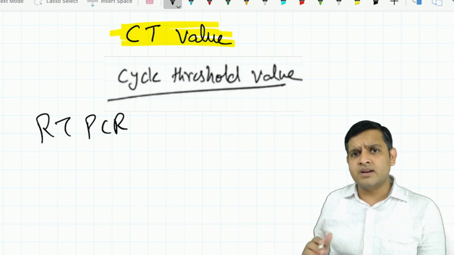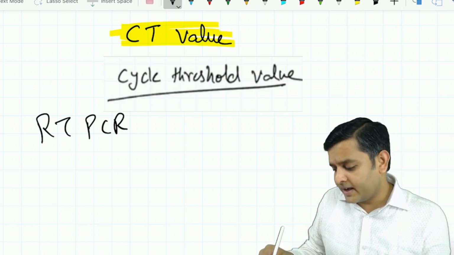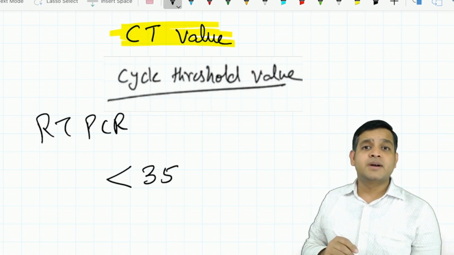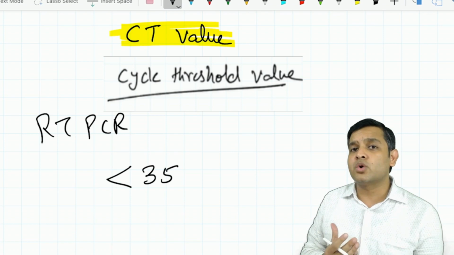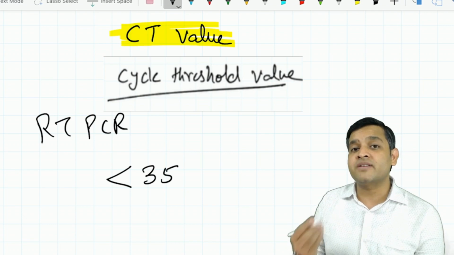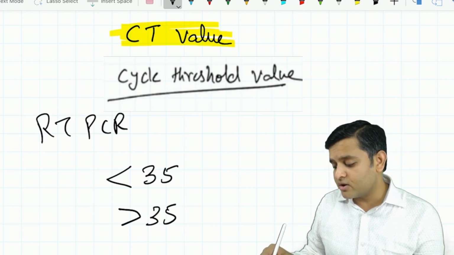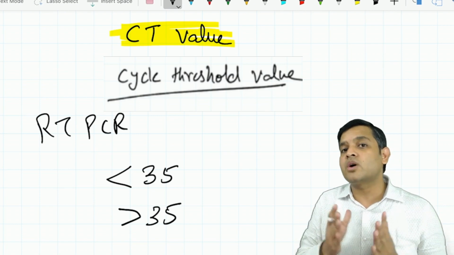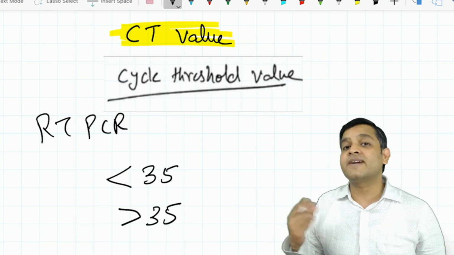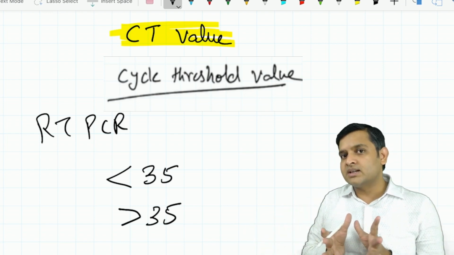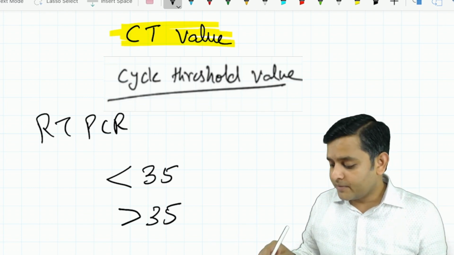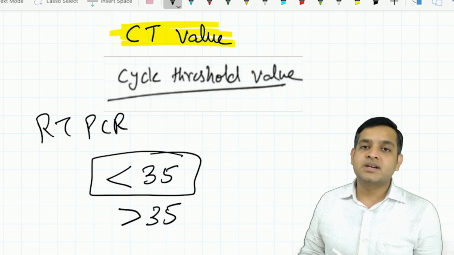Different guidelines have been given, but the standard value that is being followed is 35. Anybody who has a CT value of less than 35 has a decent amount of viral load. The chances of transmitting it to another person are high, and the person is considered potentially infective. Anybody who has a CT value of more than 35 has a viral load, the nucleic acid in the body, that is not sufficient to infect others. So this can be considered a time for ending the quarantine period. So the value that we will consider for the exam is 35.